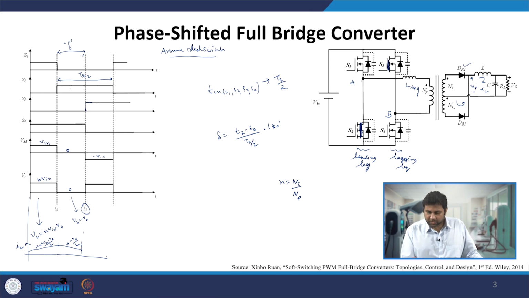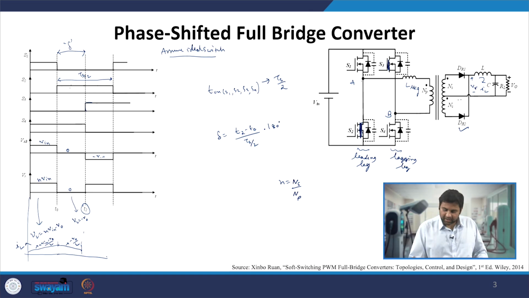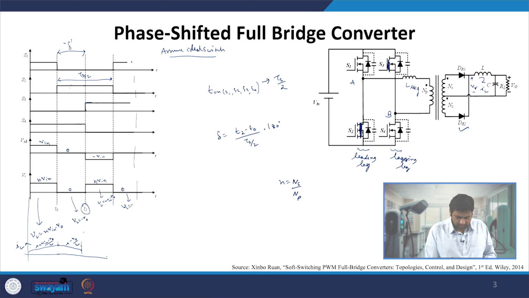what happens is that this DR1 gets reverse biased and DR2 gets forward biased, and as a result across VR we are again applying NV in voltage across it. And then after that, in the next cycle, we are now applying 0 voltage across VR. That's when here again my VL is nothing but NV in minus V naught, and here my VL is nothing but minus V naught.